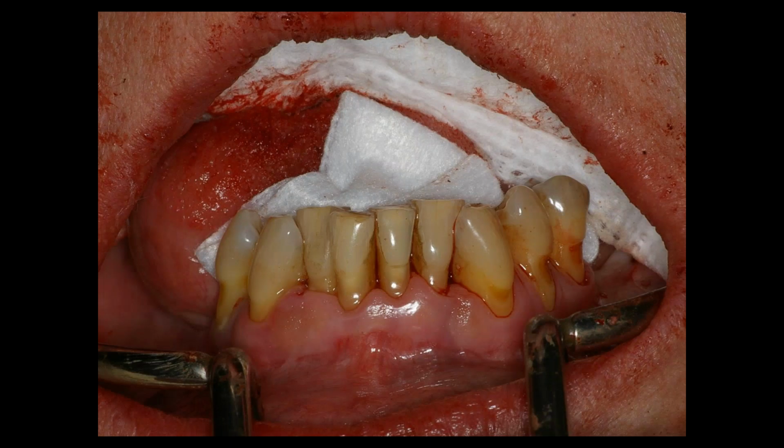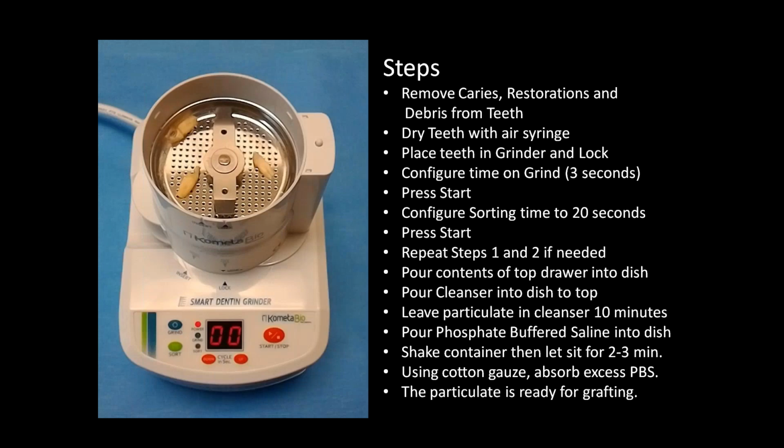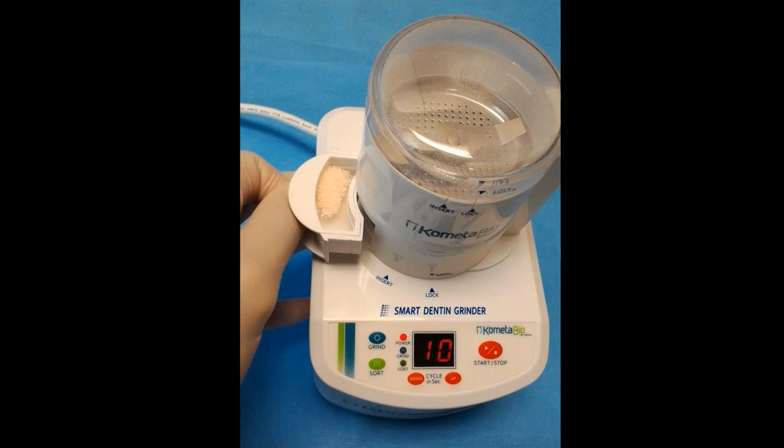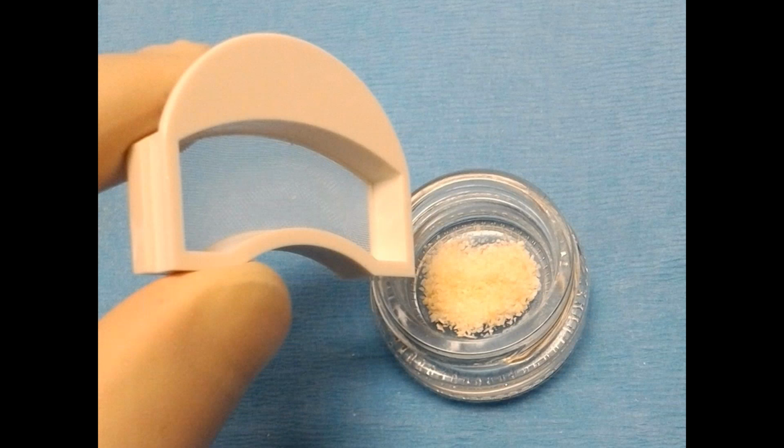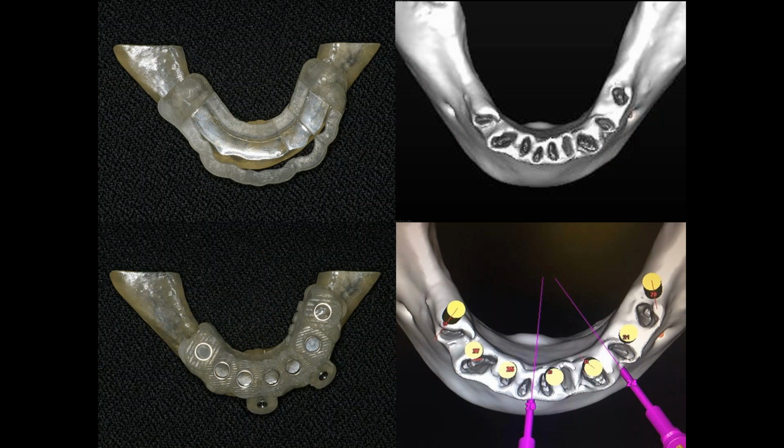In the lower arch, we went ahead and extracted the lower teeth atraumatically utilizing the physics forceps. And in this case, we used the Smart Dentin Grinder to use it as an autograft and use this around the implants once we were to level the bone. So here we've extracted all the teeth. We have our dentin graft ready and available, and now we place our bone level surgical guide